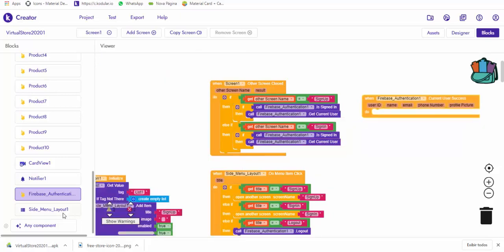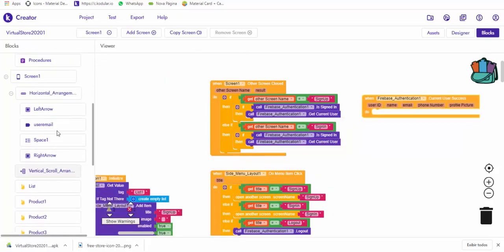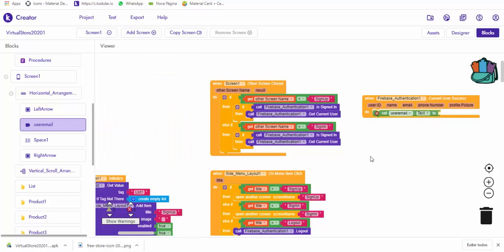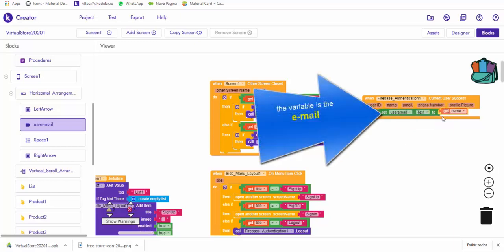I'm gonna grab the user email text box, this one here, and we're gonna change to the email. So grab the get name,